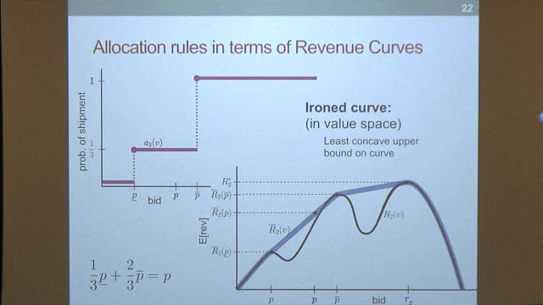This comes up if our distributions are kind of wonky, which gives us these wonky curves, and then we're going to use the ironing. And I just want to point out that this is in value space in contrast to quantile space if you are used to ironing in quantile space. And we can talk more about why. Okay. So in this case, here is P, and it's exactly 1/3 P lower plus 2/3 P upper, which will make this revenue 1/3 times the revenue of P lower plus 2/3 times the revenue of P upper, right? And so this is this allocation rule and what it achieves.